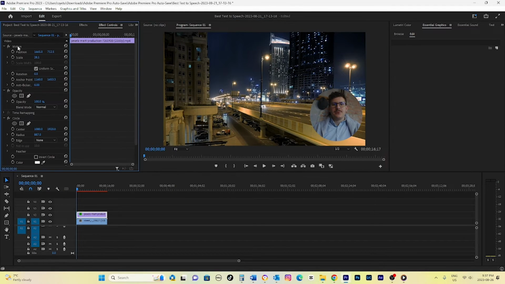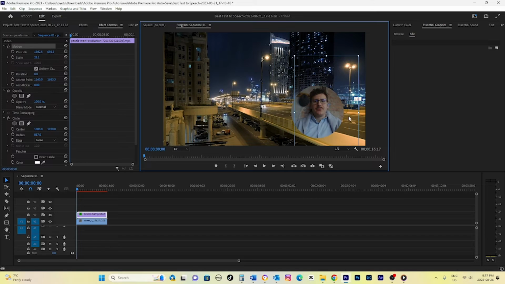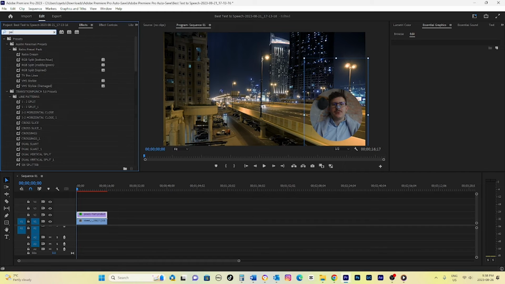To move the circular crop, simply click Motion in Effect Controls and drag the circle in the preview screen to adjust its position. To add a colored border, go to Effects and add the Paint Bucket effect to the top